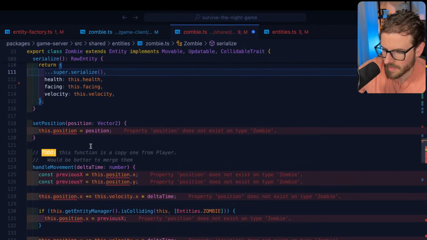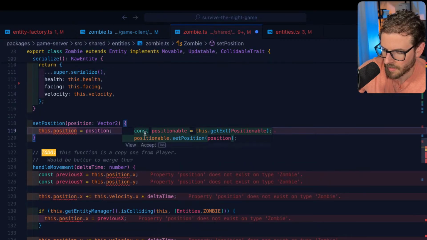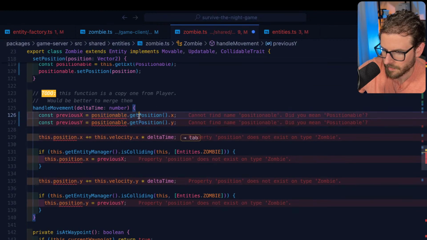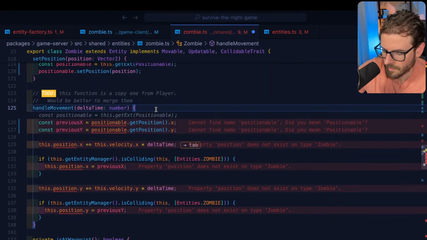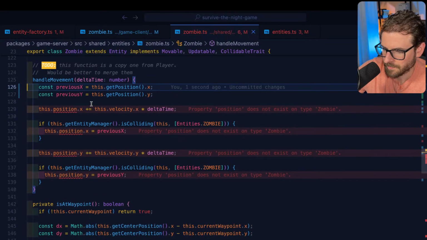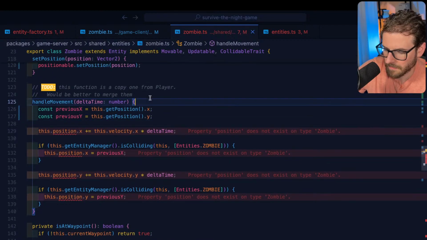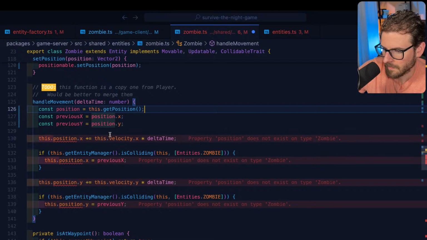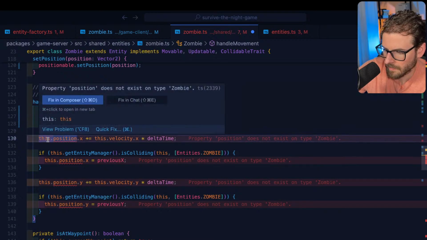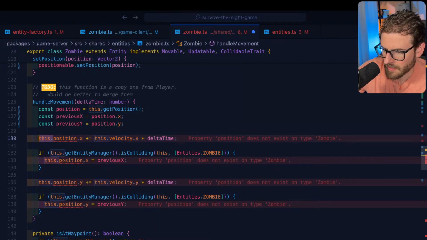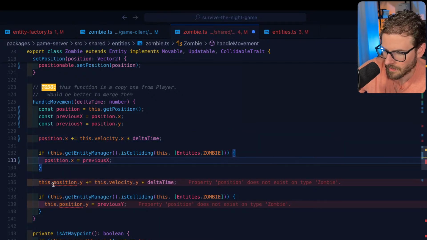Don't need to serialize that over anymore because this dot position. I think it's by reference too. I think we should be good.